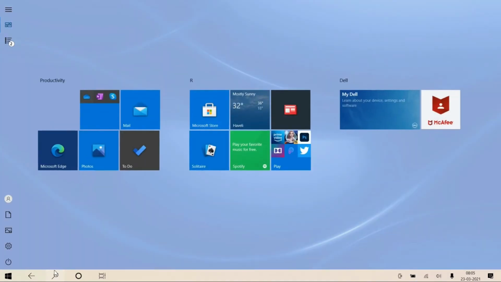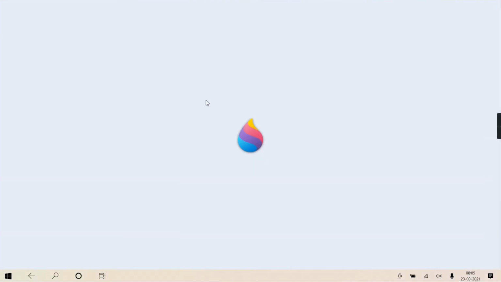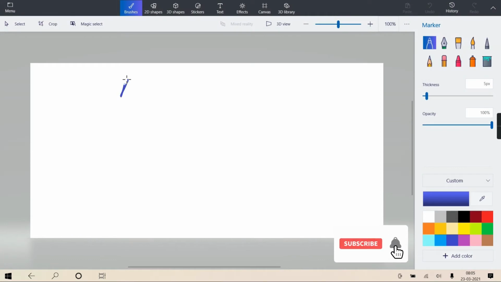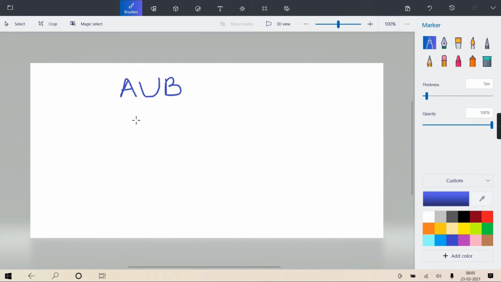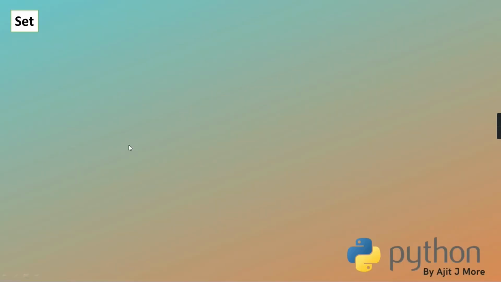We write A union B, or A intersection B. All these operations are supported on Python set as well, and we'll be discussing that in detail at the end. First we'll talk about how to create a set, and then different operations like adding and deleting. All that we'll discuss one by one.